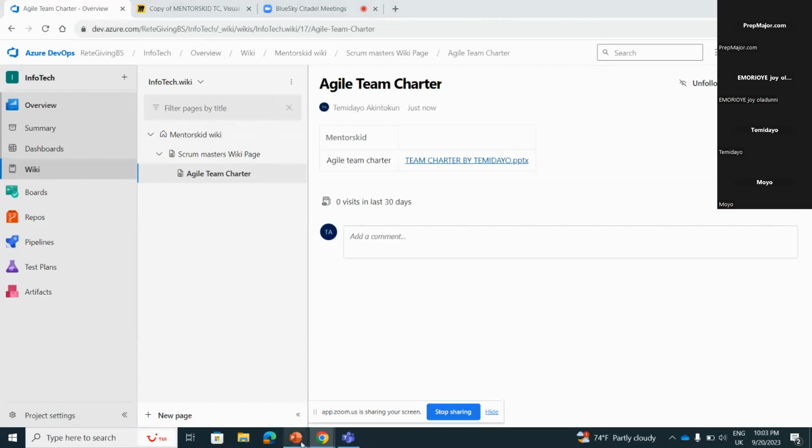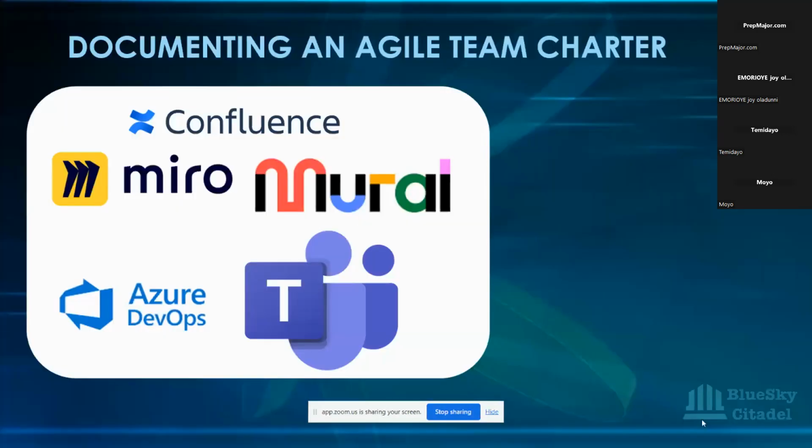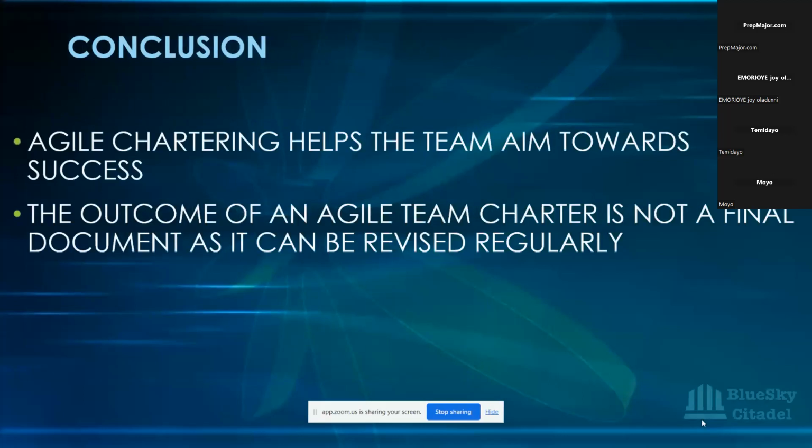So yeah, conclusively, the Agile team charter helps the team to aim towards success, because everybody really comes together to share their views regarding the team's purpose, the team's alignment, the context, and it helps to revisit and adjust their ways of working if need be. And also the outcome of an agile chartering workshop